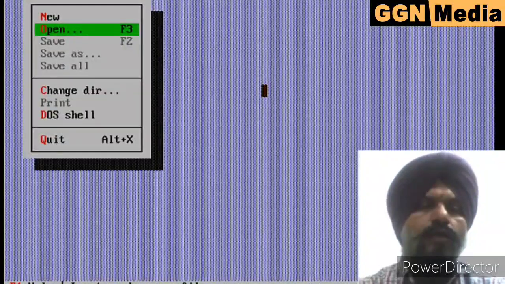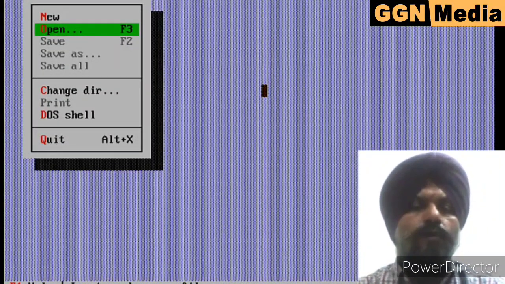As you can see in the C editor, in the menu there are red color characters. In File, the F is red, in Edit the E is red, and in Search the S is red. So it means if we use these characters in combination with Alt, you can easily open the menu of this editor. For example, if I have to open the File menu, I will use Alt and F. It will open the File menu.